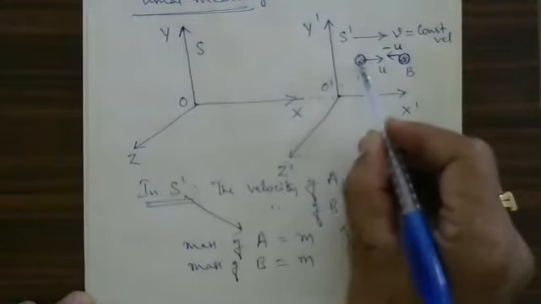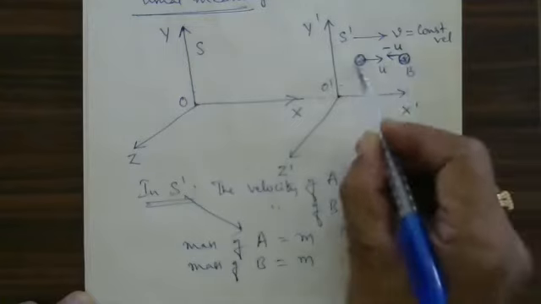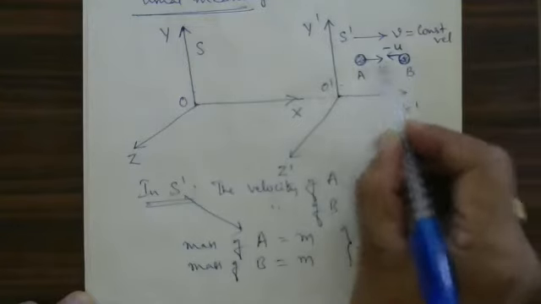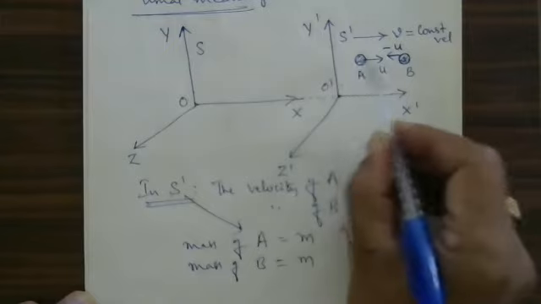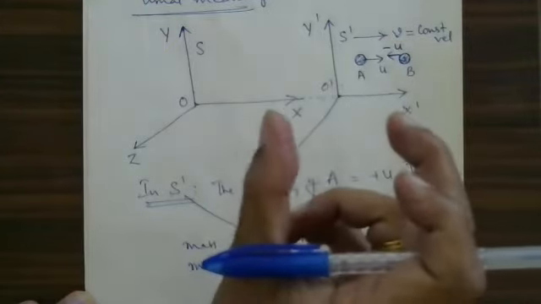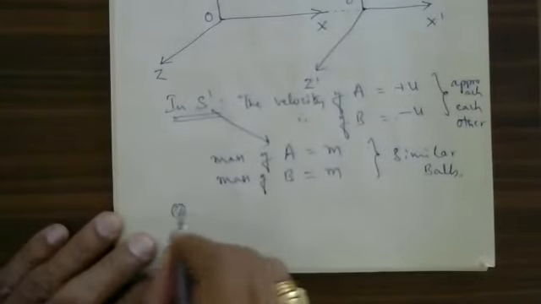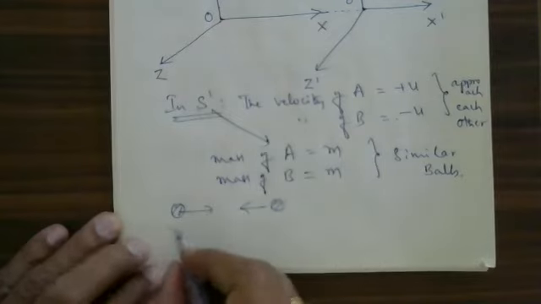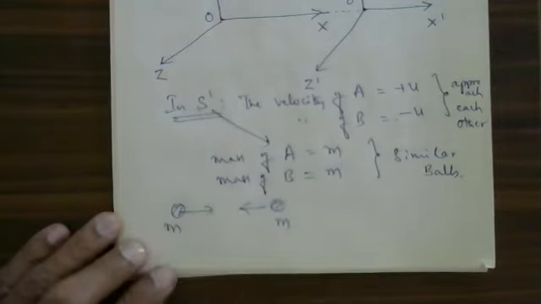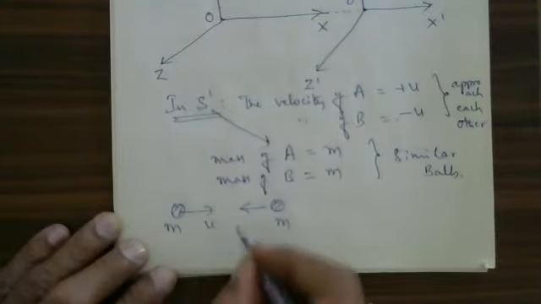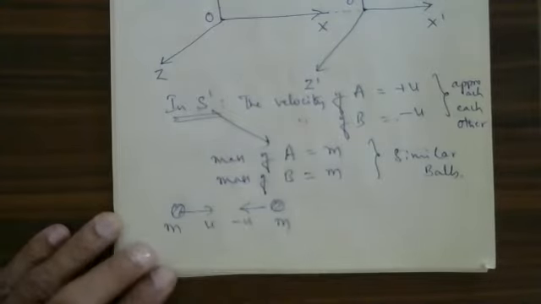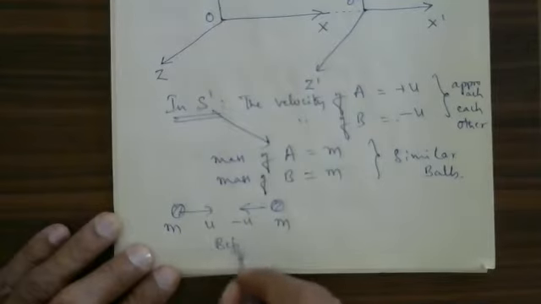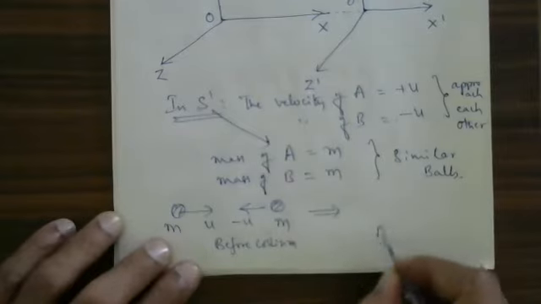both of them will collide. Once they collide, after collision, they join together. They coalesce. Coalesce means they form one body. This is one body moving like this, and this is another body moving like this. This body's mass is m, and this body's mass is m. This is moving with a velocity u, and this is moving with a velocity minus u. This is before collision. After collision,